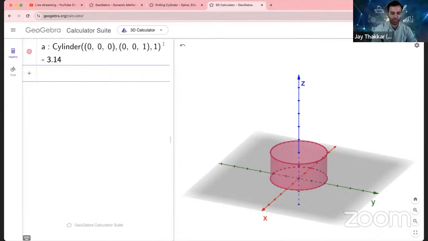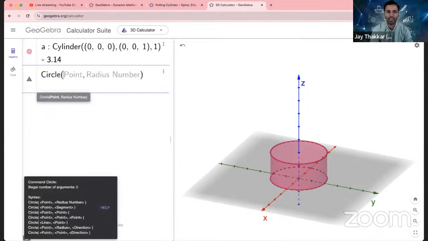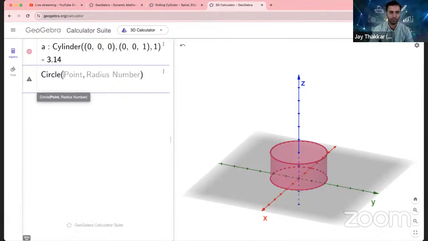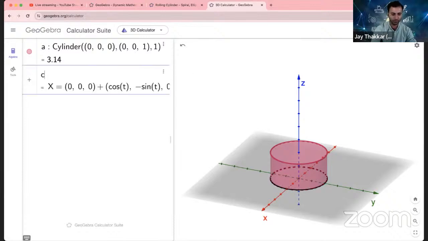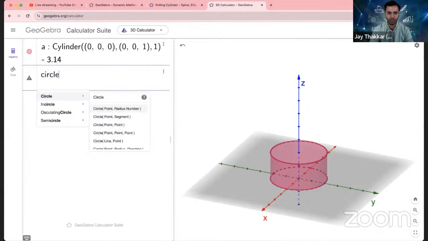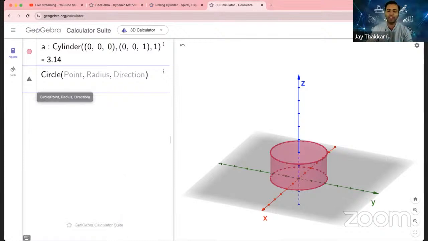So one option is that I can type in the command circle. In the circle, I have to mention that if it's in 3D, what is the center of the circle, what is the radius, and a direction. So if it is at the half height of a cylinder, then its center would become,